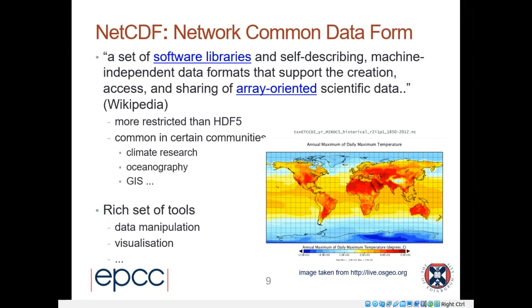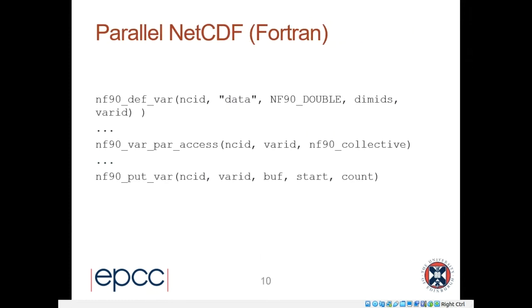NetCDF is used by the climate community for array-oriented scientific data, so it's more restrictive than HDF5, but designed for climate data and oceanography because it's for regular data. So, for example, we've got the daily temperature across a grid across the globe, and that can be stored as a NetCDF. And again, there's a rich set of tools for data manipulation and visualization. So again, parallel NetCDF, Fortran, you have a file identifier,